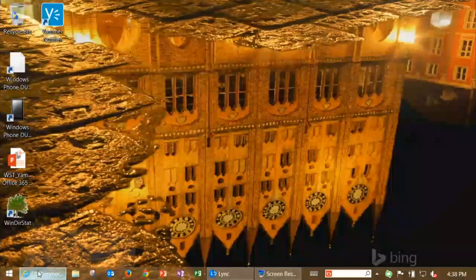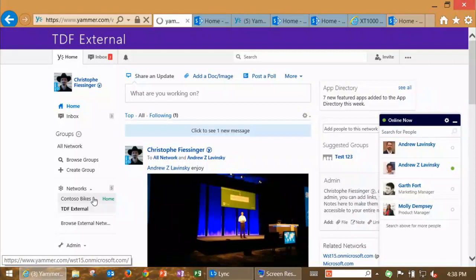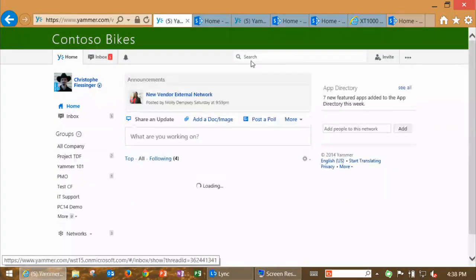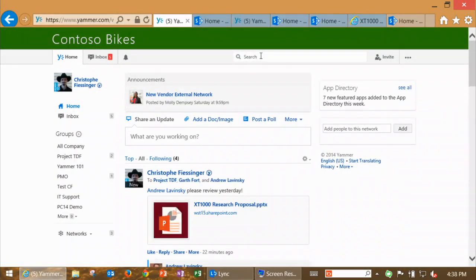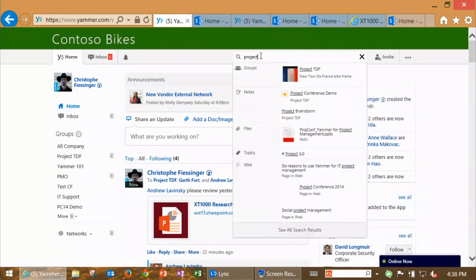And then the last thing I wanted to show on this topic, here's the picture we've uploaded, is that yes, I can go back to my network as easily as here on the left-hand side. And back to the point earlier from the gentleman, there's obviously huge search capability because you're indexing a lot of valuable conversation. You're grabbing different objects. So in this case, I type project, and you can see there are different artifacts with that word, whether it's a note, a group, or a file.